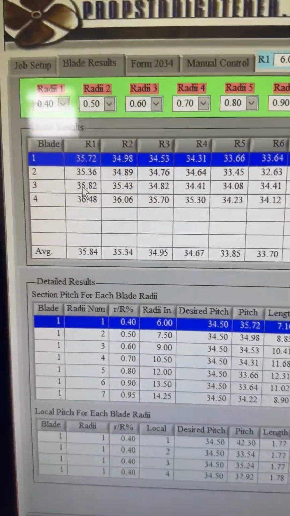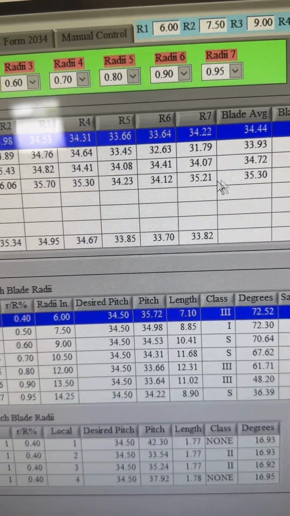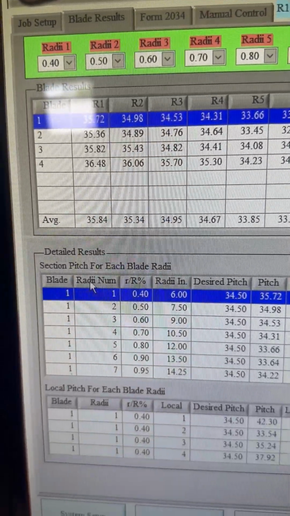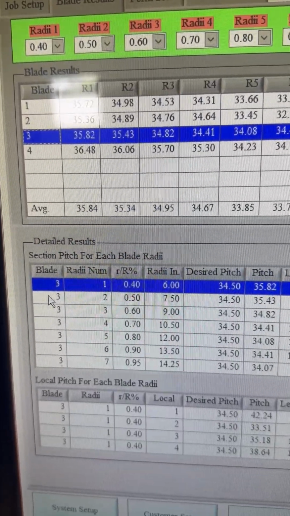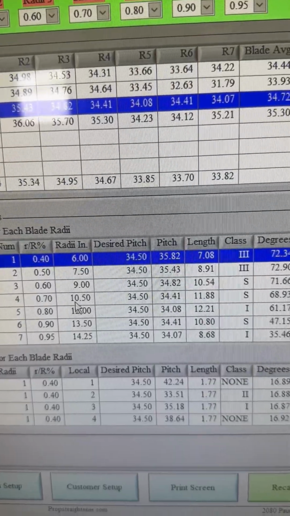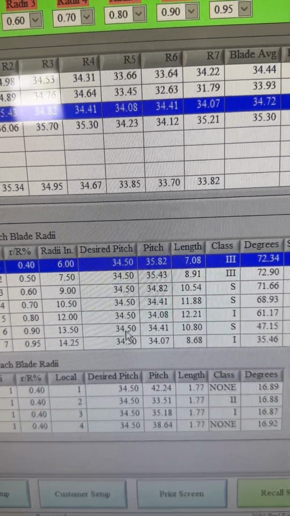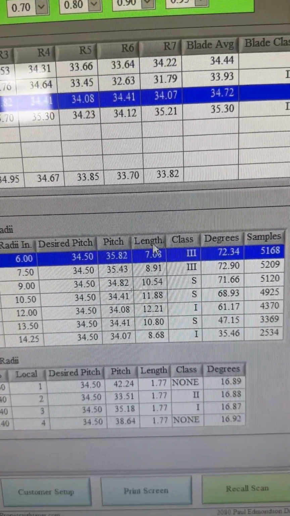Shows you all the pitches of all 4 blades. Blade average pitch, radii average, and then down here you can change it from whichever blade you want to look at. Now here we're looking at blade 3. These are the radii, 7 radii. Shows you the desired pitch, what the actual pitch is when you scan it, and how long or the length